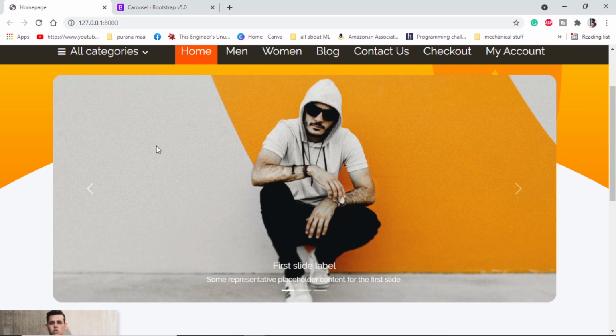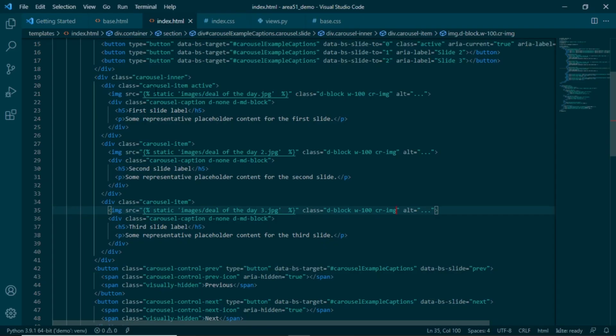Now next thing is we want to add the splashes and the text. Let me show you how I am going to do it, and then I will add the classes and show you. If we look into our carousel inner class, basically each division is for each image. Inside each division we have image and one more division that will hold the label and the information. I'm going to delete this complete division, and I will put two divisions here. One will hold the offer splash and another one will hold the button splash. Let me add it and show it to you.